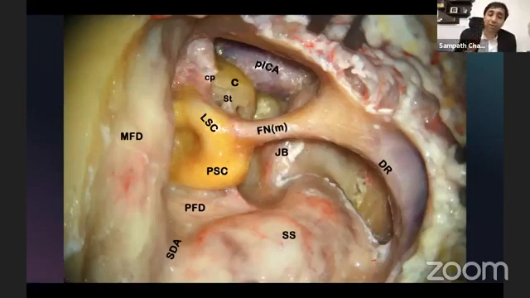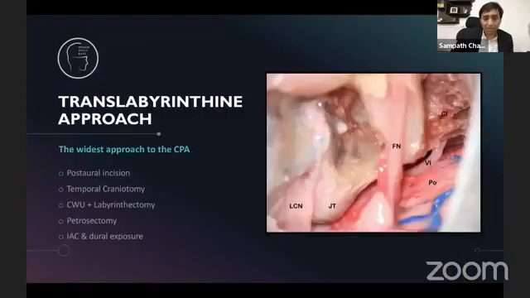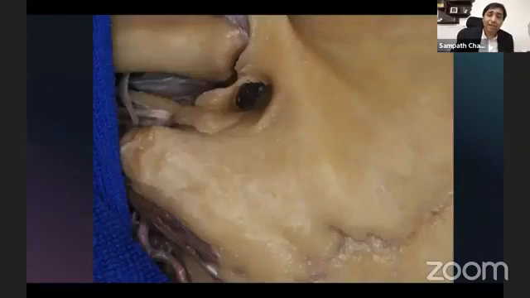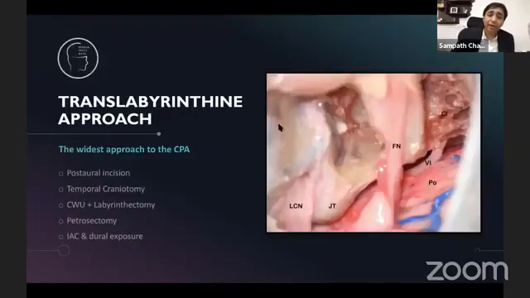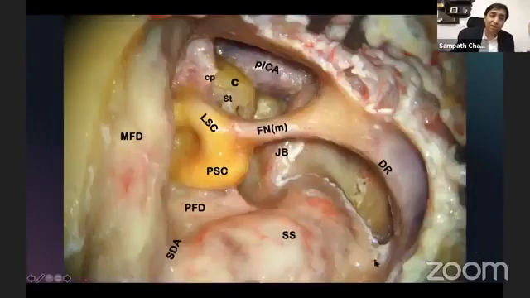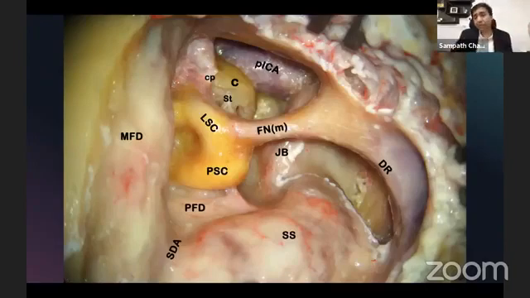In a subtotal petrosectomy, you're not trying to achieve big things because your middle fossa dural plate and sigmoid sinus plate are not drilled out. And if they're not drilled out, you can't go deeper into deeper areas. That's the fundamental difference; otherwise it's always the first step to deeper procedures. Now, with the translabyrinthine approach, you will realize that right in the beginning, we expose the middle fossa dural plate, sigmoid sinus plate, and all that. The mood is not to be conservative, the mood is to be radical. So that's the primary difference.